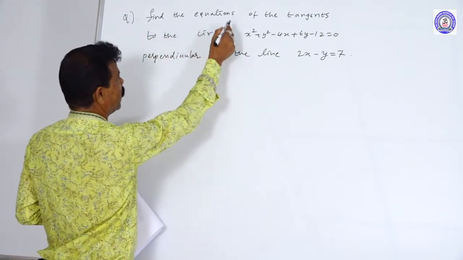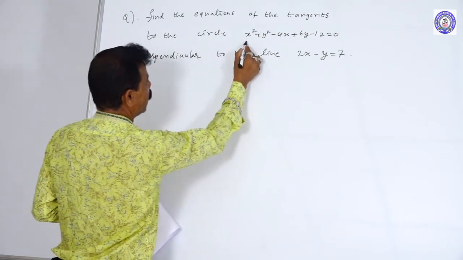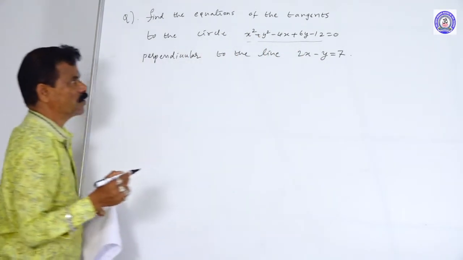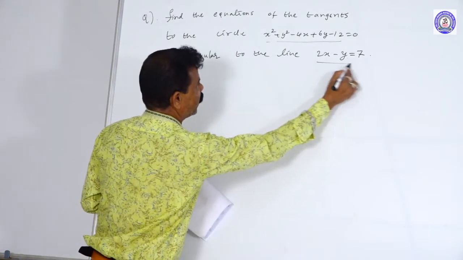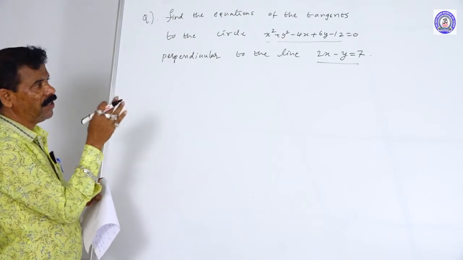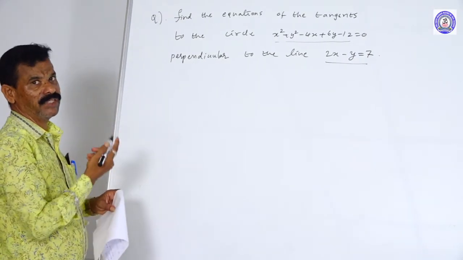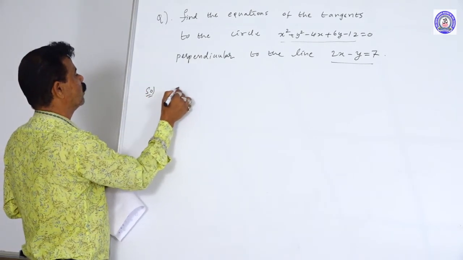Find the equations of the tangents to the circle x² + y² − 4x + 6y − 12 = 0 perpendicular to the line 2x − y = 7. Perpendicular to this line, that is the tangent. Solution: given